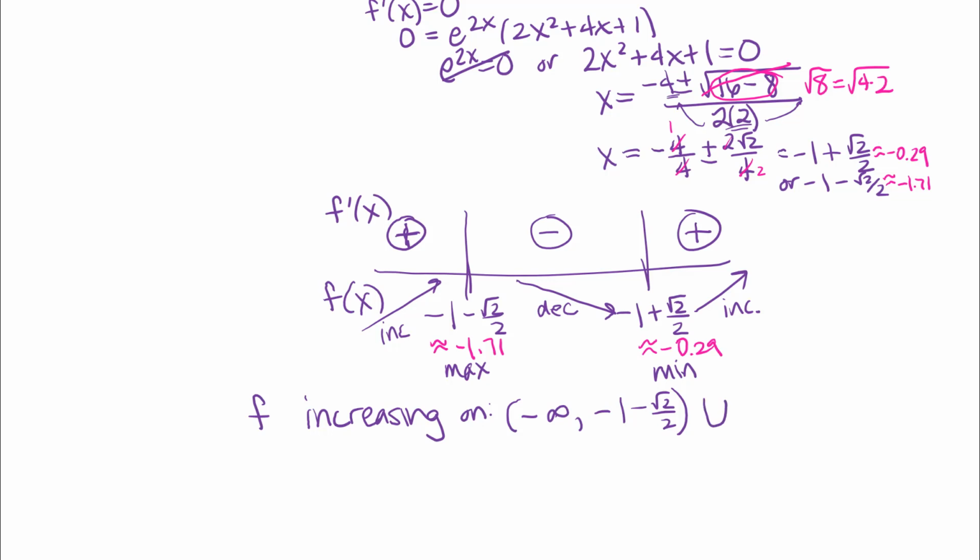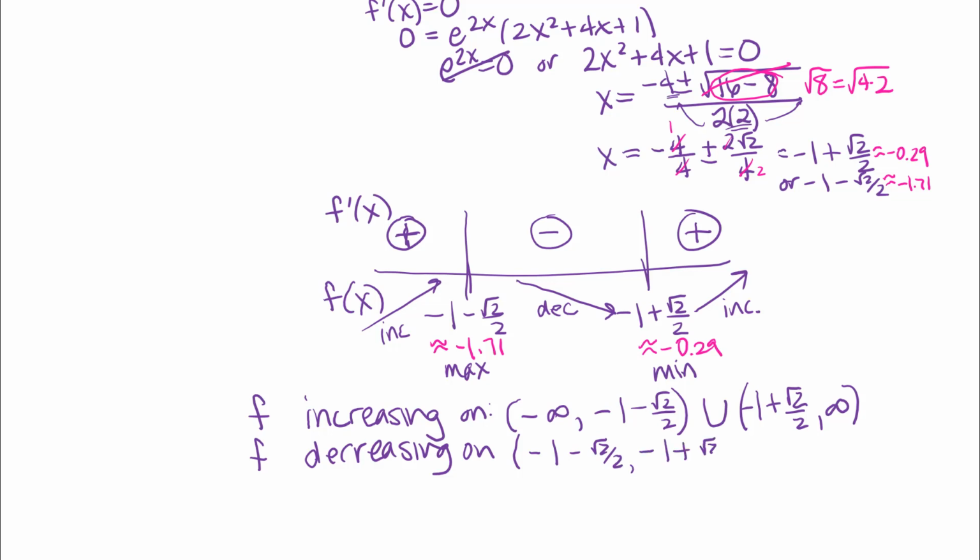And then I also have increasing on another interval from negative 1 plus square root 2 over 2 to positive infinity. So I'm just using what I have in my sign chart above to help me answer that. The function is decreasing when we are between those two x coordinates. So from negative 1 minus square root of 2 over 2 to negative 1 plus square root of 2 over 2. And then I have a local or relative